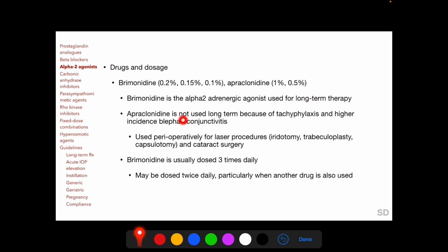Apraclonidine is not used long term because of tachyphylaxis and a very high incidence of blepharoconjunctivitis, and so use of apraclonidine therapy has been restricted for perioperative therapy for laser procedures such as iridotomy, trabeculoplasty and capsulotomy, as well as cataract surgery. Brimonidine is usually dosed 3 times daily but may be dosed twice daily, particularly when another drug is